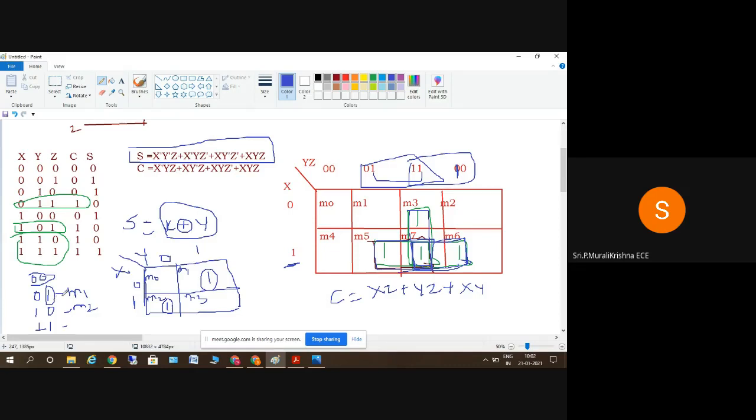Yes, sir. Okay. So we have the exclusive OR gate, where the exclusive OR gate is used to implement the odd functions. Okay. So if I go on expanding this, the things also